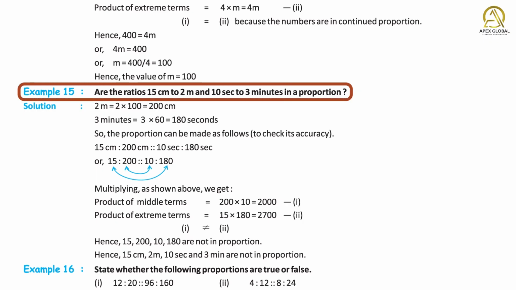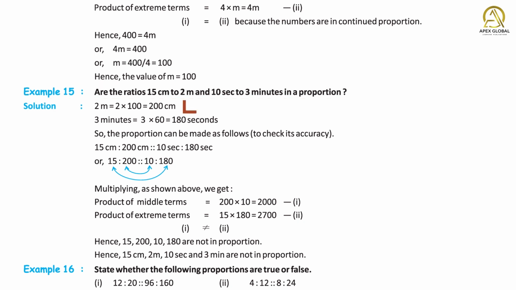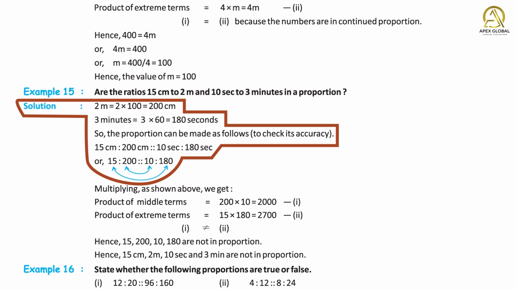Example 15. Are the ratios 15 centimeter to 2 meter and 10 second to 3 minutes in proportion? Solution. 2 meter equals 2 into 100 equals 200 centimeter. 3 minutes equals 3 into 60 equals 180 seconds. So, the proportion can be made as follows. To check its accuracy, 15 centimeter ratio 200 centimeter is to 10 second ratio 180 second, or 15 ratio 200 is